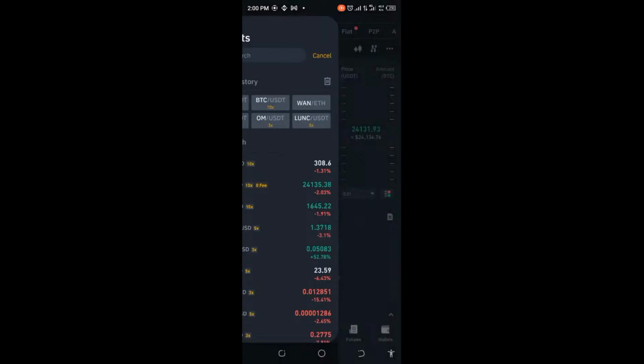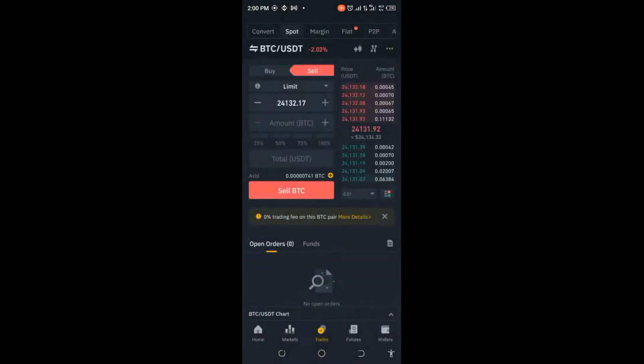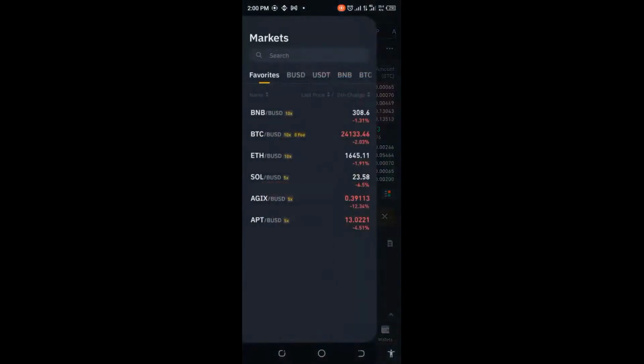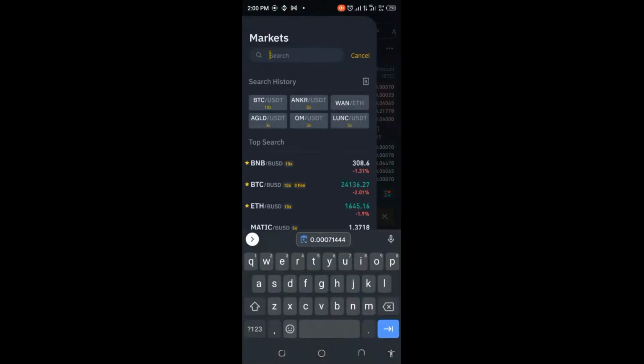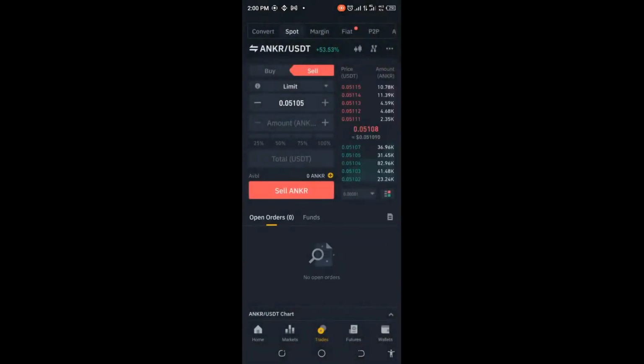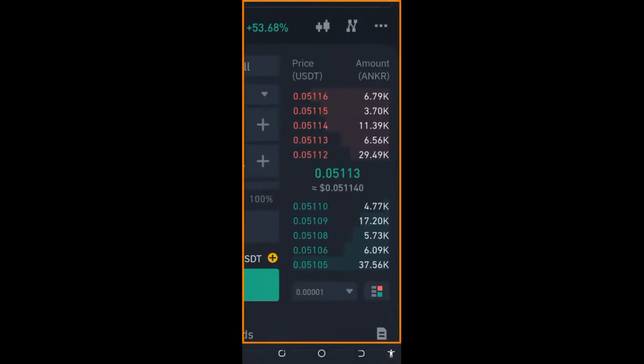Let's see whether we're going to make a profit. Let's see that. Okay, it looks like we would be able to make profit because we had to subtract part of that decimal point. Okay, let me go back and see how this would go. I'm sure definitely we're going to make a profit. I had to subtract part of it. So let me go back to ANKR USDT. What is the price right now? Okay, the price is